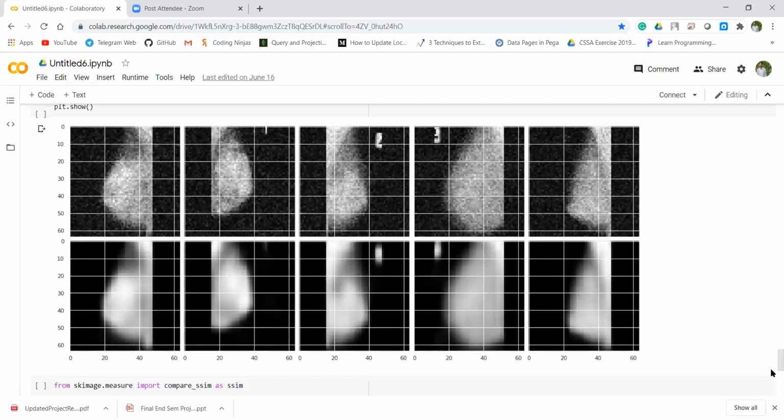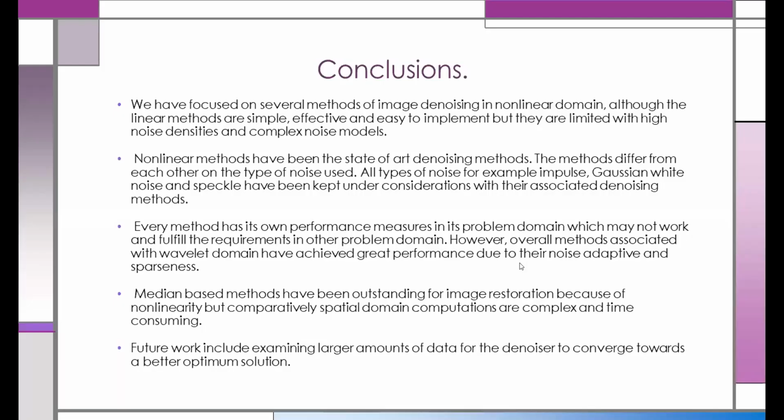Hence, the whole project presentation can be concluded: for future use, we need to think more and more about the linear part of development for the project. And as we have done only Gaussian and Poisson noise, we can do much more for impulsive noises and quantized noises as well, which will require further research.